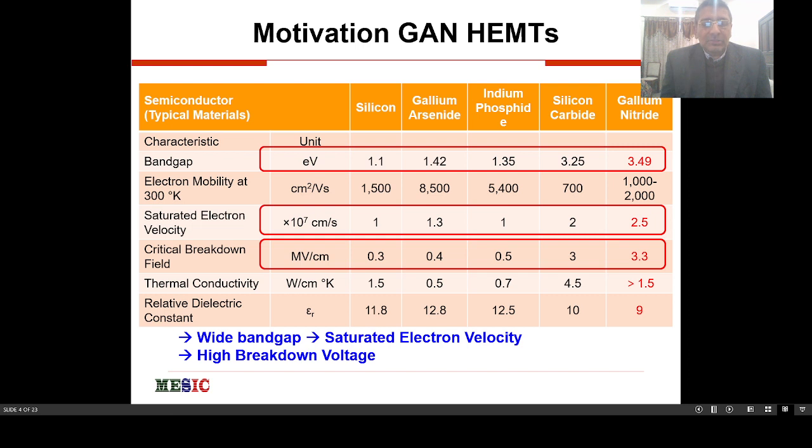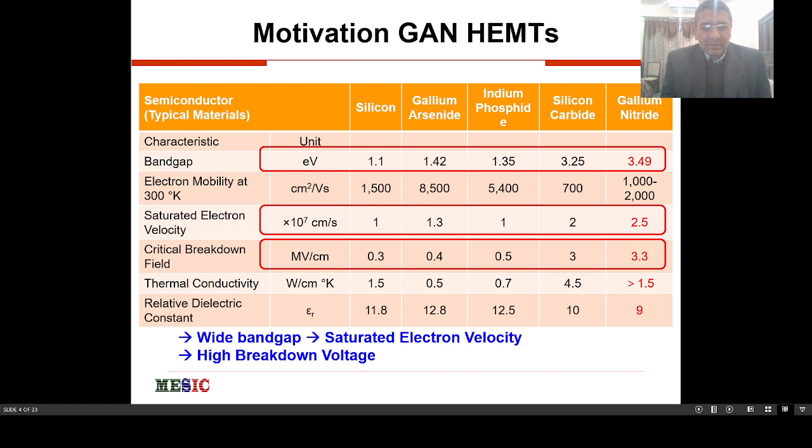The second thing I'm going to talk about is saturation electron velocity. It has a very high electron velocity, which means it is very good for switching. It can work as a switch very fast as compared to silicon, gallium arsenide and